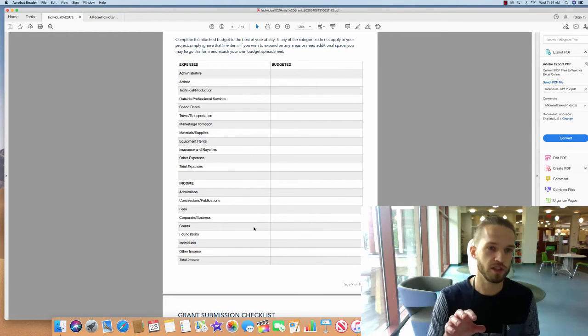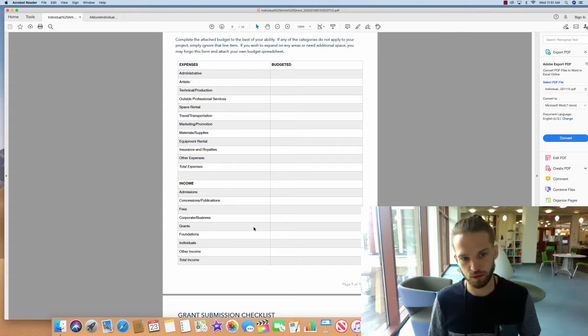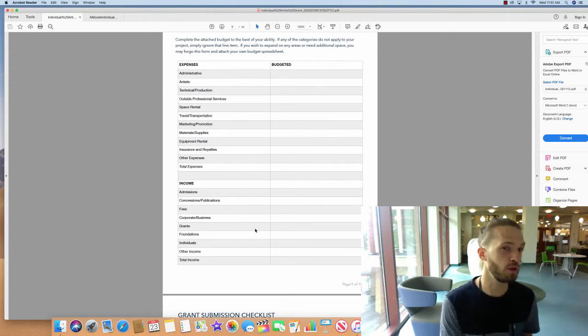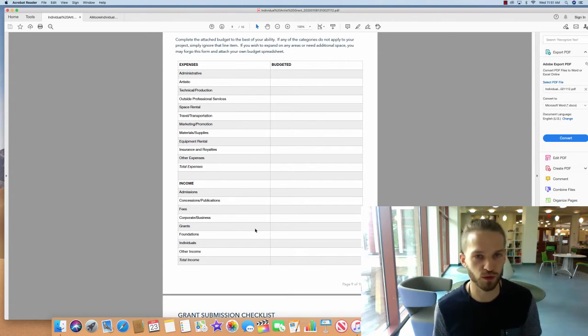They want your budget expenses to pretty much zero out with your income. And that's because they want to see that you're going to have enough financial backing behind your project to make sure that it actually happens. And they also don't want to be the only organization or individual who's funding the project. So if you could have,